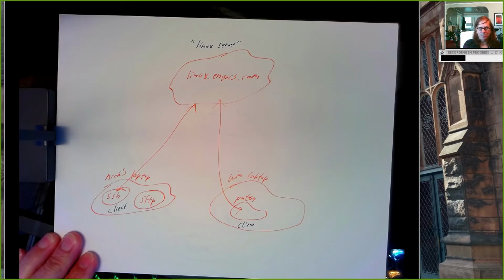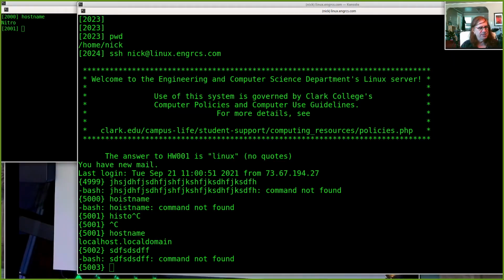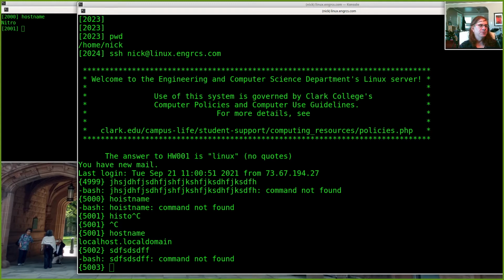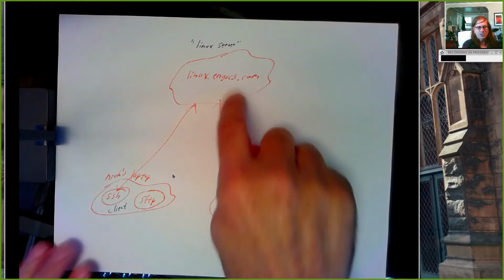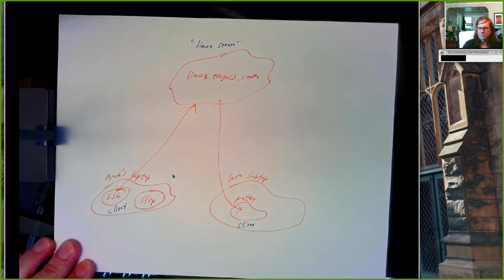But this machine is a shared resource, right? It's a machine used by everybody. And if, for example, I want to install a program on here, I can, because I'm an administrator. But if you wanted to install a program on here, you wouldn't be able to do it. It would tell you you don't have permission for it. If you wanted to do something like change a system command, you can't do that because you have to be an administrator. And you can't use this machine unless you have a network connection.